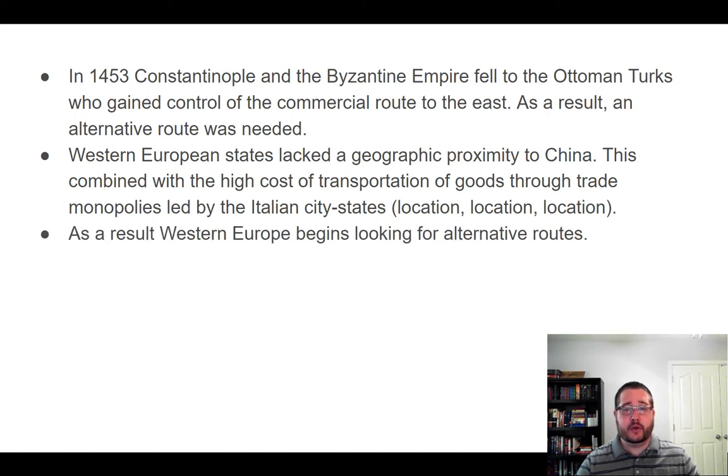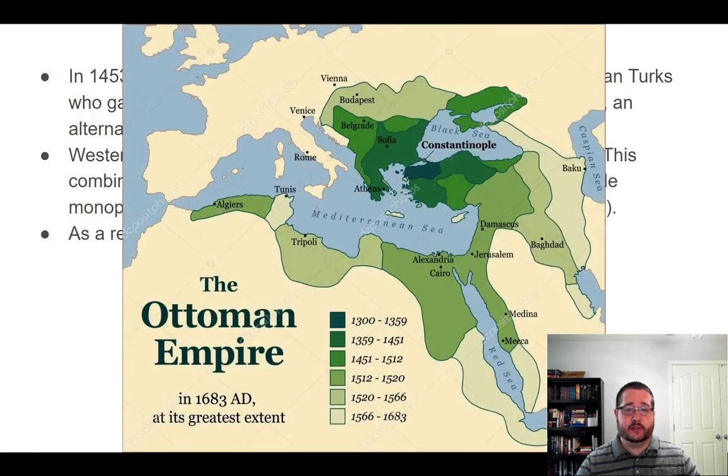Okay, so they're looking for alternative routes to China, but not just China, to India, to all the Far Eastern countries that have goods that are not available in Western Europe that are very, very expensive. So here we've got a picture depicting the Ottoman Empire. And as you see here, here's Europe, Western Europe here, and you've got the Eastern Roman Empire. At different time periods, they control different parts of this region, but they control the Dardanelles Strait, which is kind of the gateway to